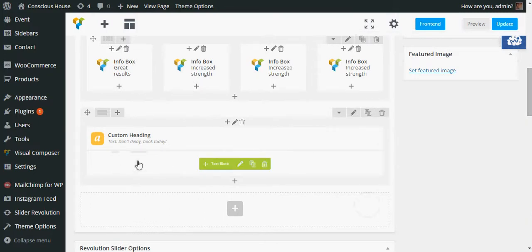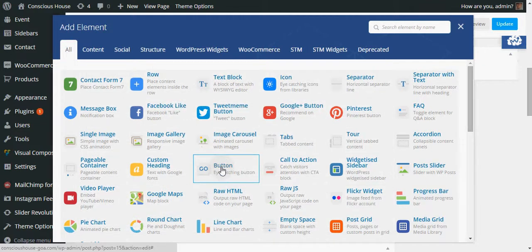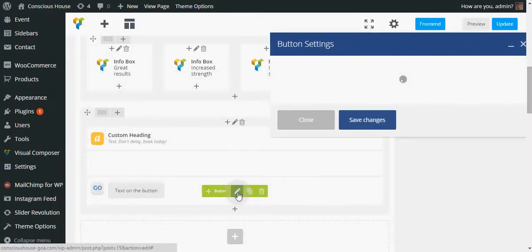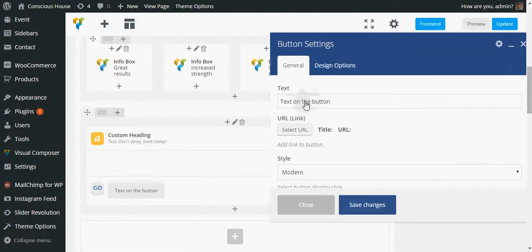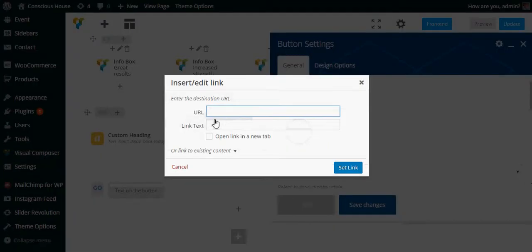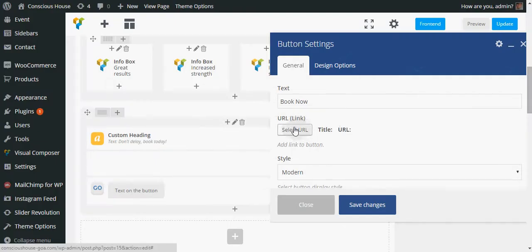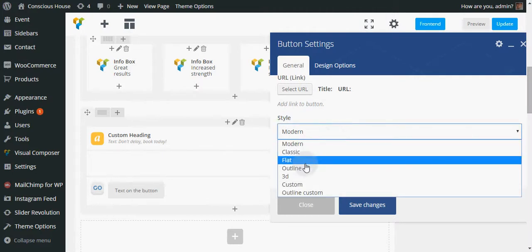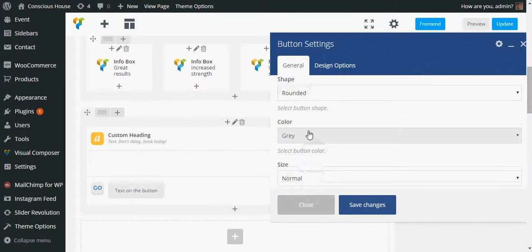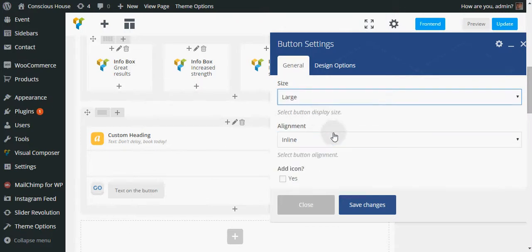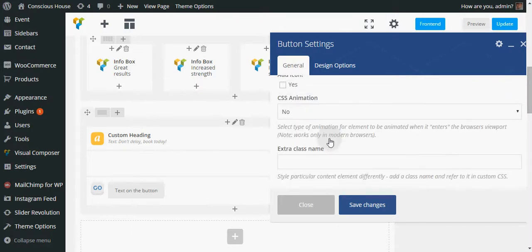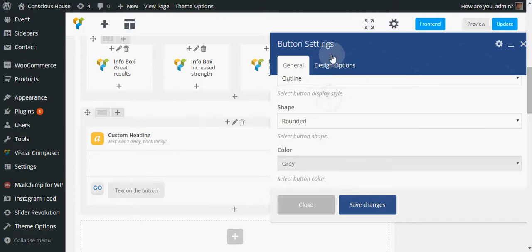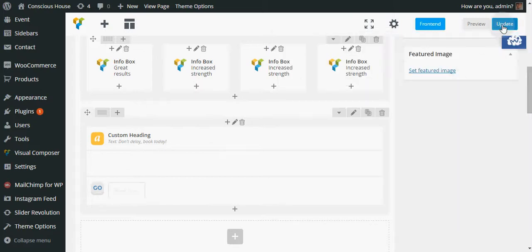So I'm now going to add a go button, which is there. Okay, here we go. Call that book now. We can then select a URL. So what we do there is we'll put a link into somewhere they can contact you or book you. So we're going to use outline, rounded, size. Let's make it large, and we don't need any CSS in there. So let's save the changes to that. Do a little update. And if I refresh that,